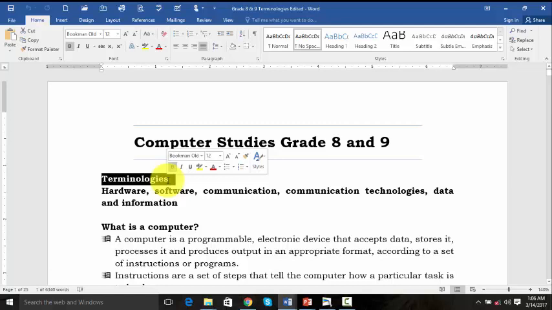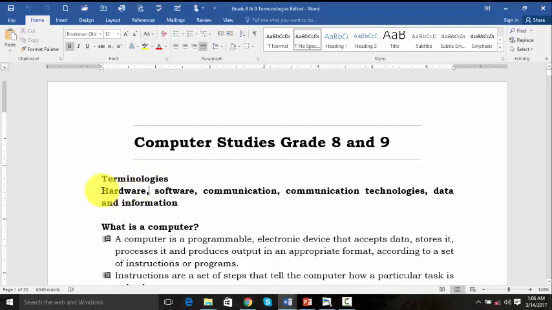Now when we say terminologies, it is coming from the word term. In other words, these are the words, or the language, we use in computer studies. As you will be taking on computer studies at junior secondary school, that is grade 8 and grade 9, you will be encountering different terms which are specifically used in computer studies. These are the words we call terminologies. To start with, in this tutorial,